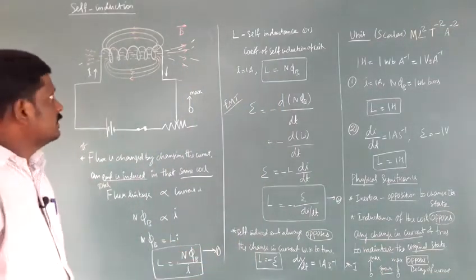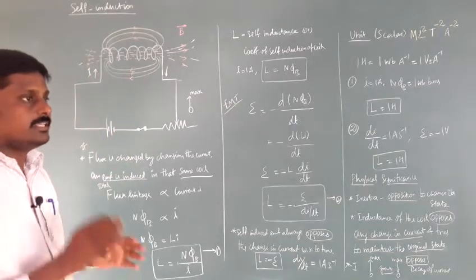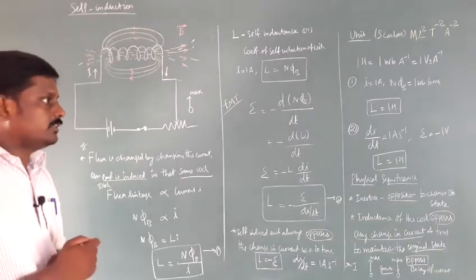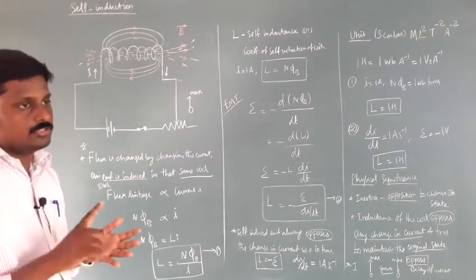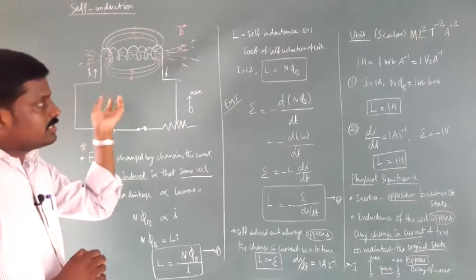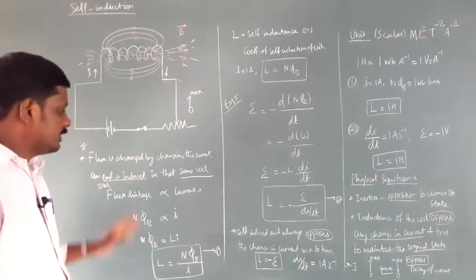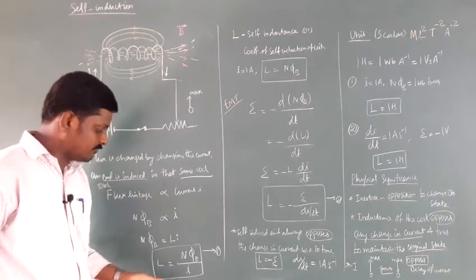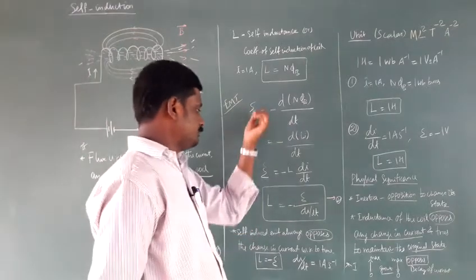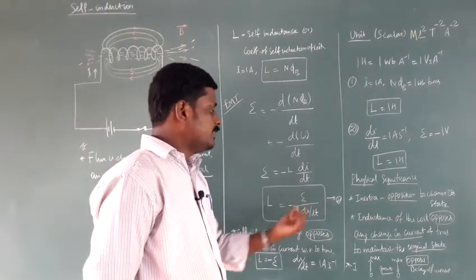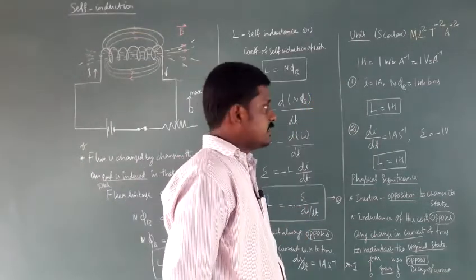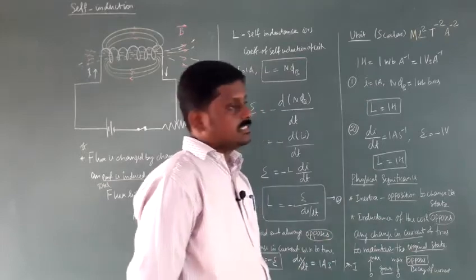In this class we have discussed what an inductor is. An inductor is a device used to store energy in a magnetic field when electric current flows through it. Examples of inductors are coil, solenoid and toroid. Self-inductance is the induced EMF produced in the same coil. We have seen self-inductance as L equals N phi by I from flux linkage, as well as L equals minus epsilon by di by dt from induced EMF. The unit of self-inductance or inductance is Henry. Then what is the physical significance? Okay students.